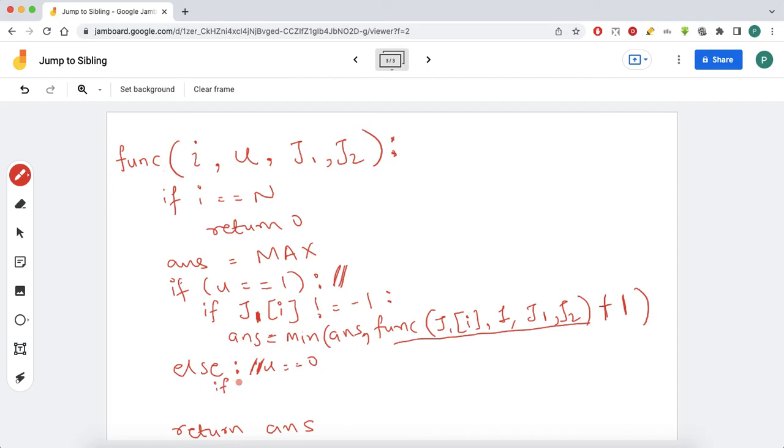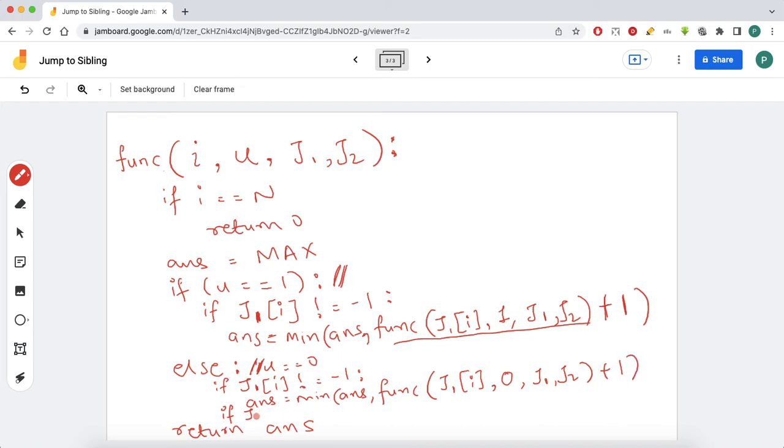Like, okay, and again, if the value at j1 of I is not equal to -1, then only get the answer. So here we are considering j1, same parity, right? So j1 of I, and the state for u would be 0, because we are not yet starting the j2. j1 comma j2 plus 1,